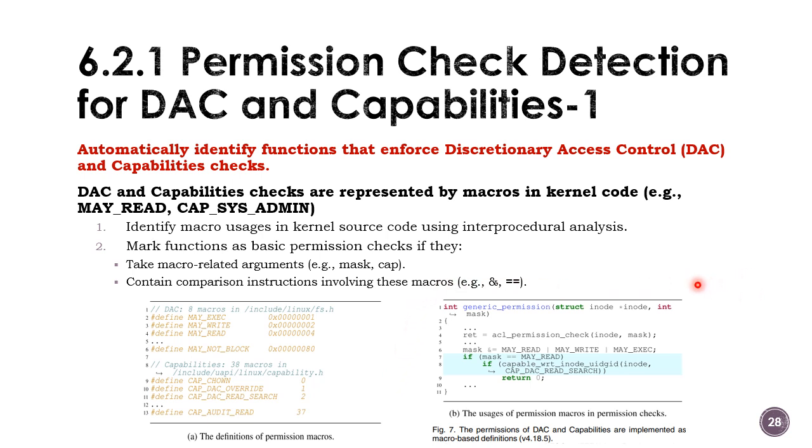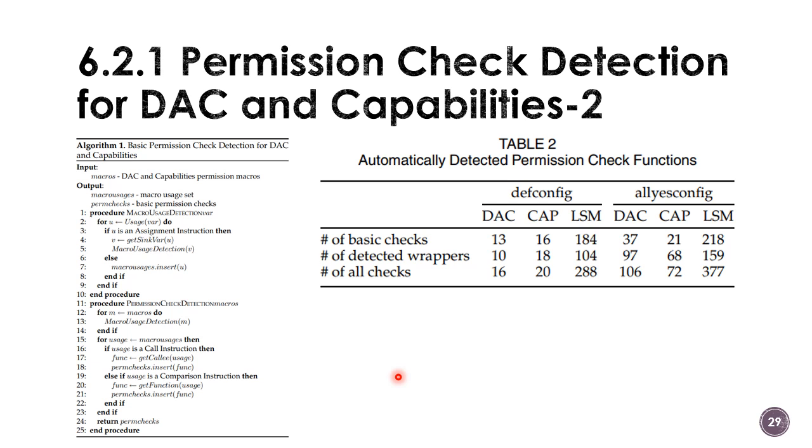And this is how PEX detects the permission check in the case of DAC and capabilities. So here I provide some basic information about how the PEX tool proposed by this paper used the mechanism to detect the permission check errors on DAC and capabilities. So here we have the algorithm 1 provided by the paper. This is maybe the algorithm inside the tool itself, and we will also have the detection mechanism of the